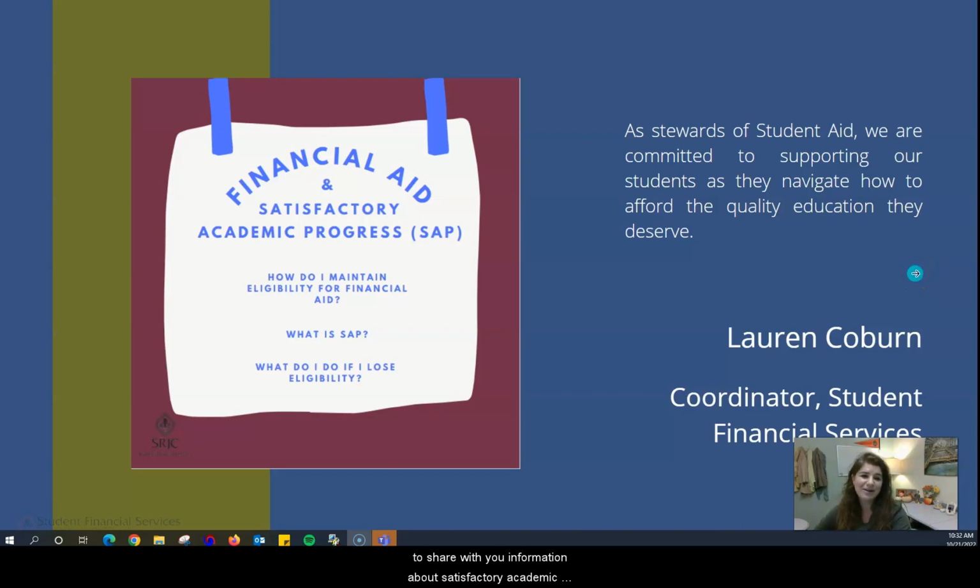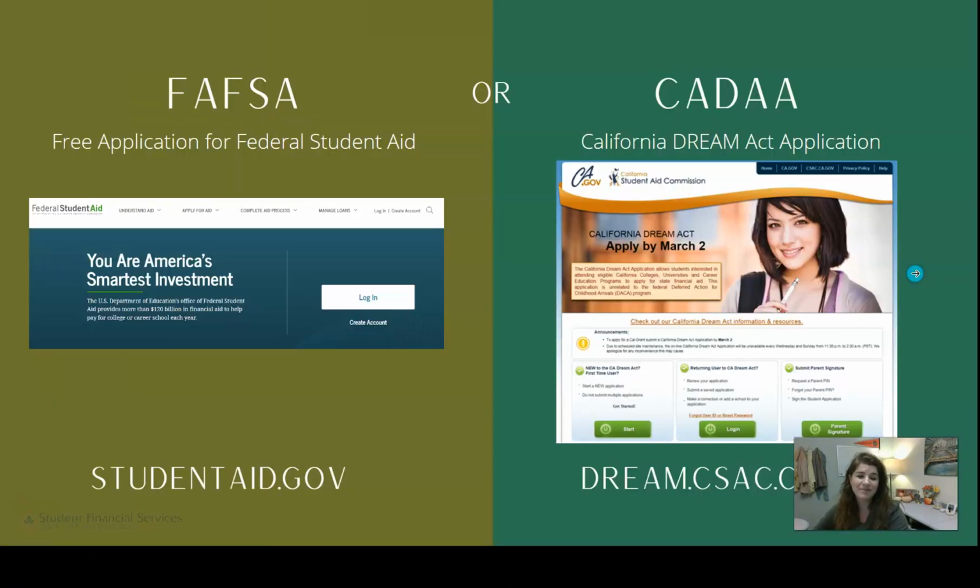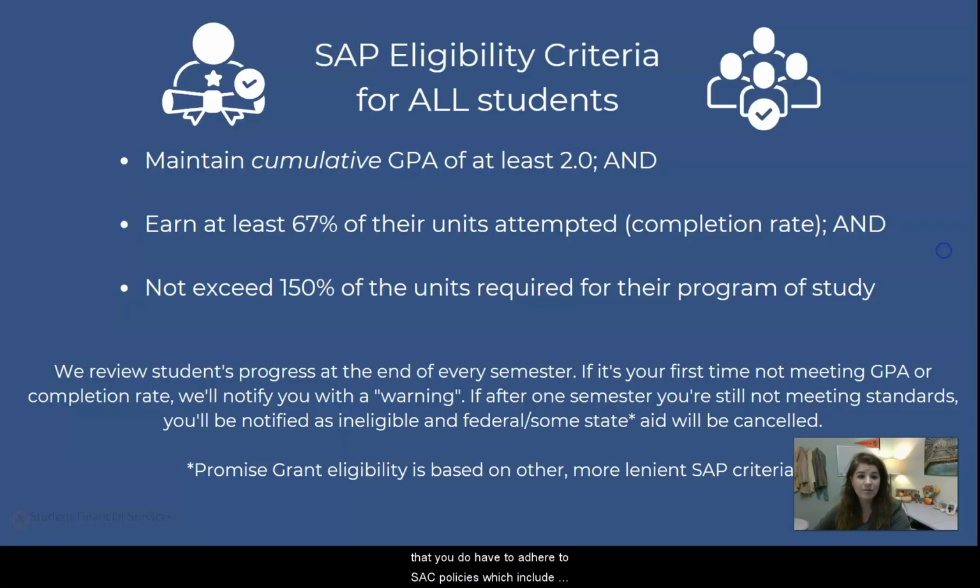I'm going to share with you information about Satisfactory Academic Progress, also known as SAP. So remember, to qualify for financial aid, you will need to complete your financial aid application, which will either be the FAFSA or the California DREAM Act application. Both of these applications and receiving financial aid means that you do have to adhere to SAP policies, which include